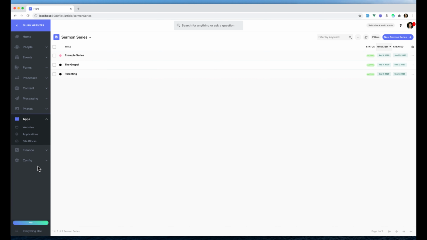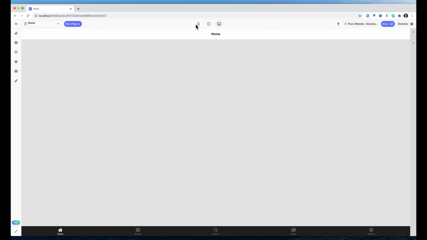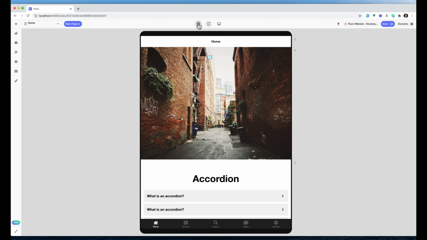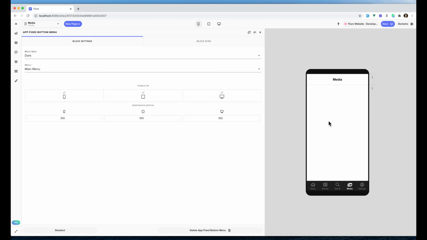I'm going to go back to my apps, go to websites, and open up my basic app template. You would open up your site or whatever. But I'm just going to switch to the mobile view and click the media page. And I've got not much happening here at the moment, but what I'm going to do is click up here